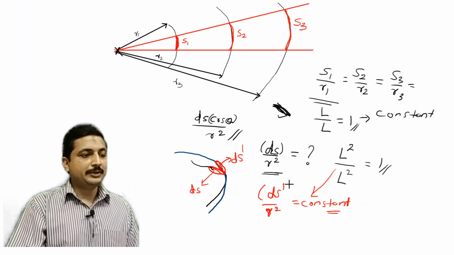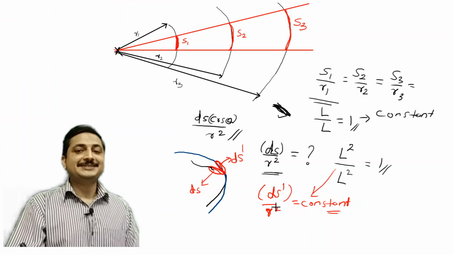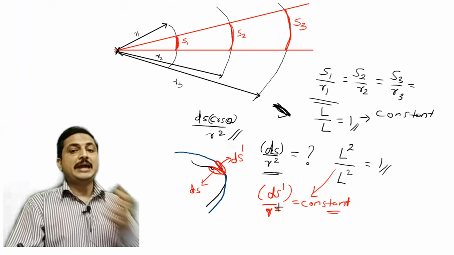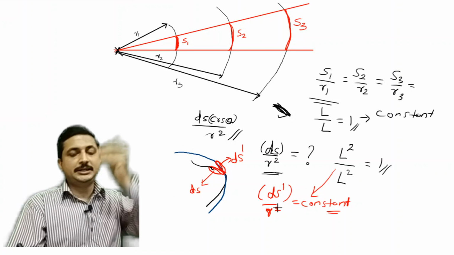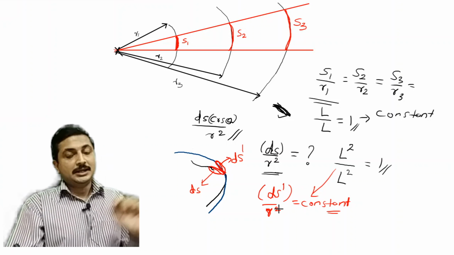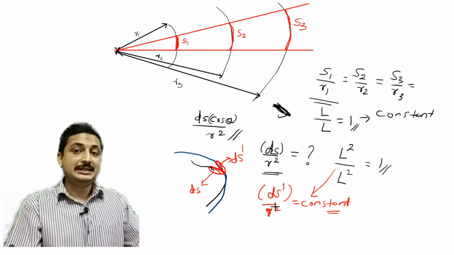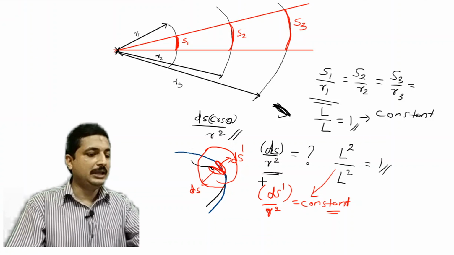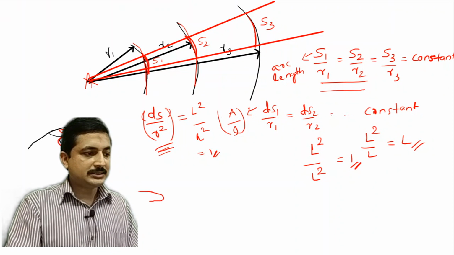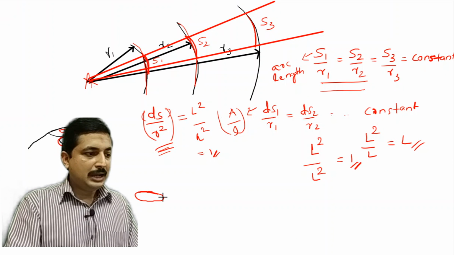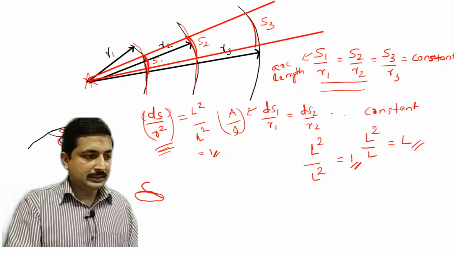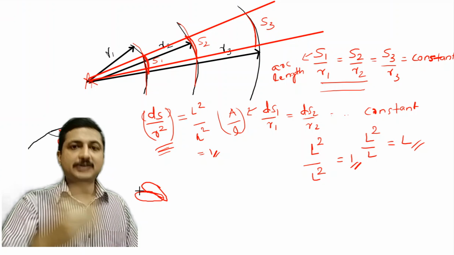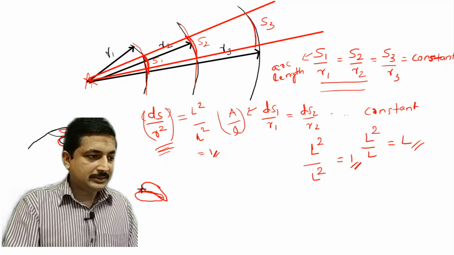Now we have the duty of finding what ds dash is, because my actual surface is ds. Now I have projected it onto the circular surface, which becomes ds dash. Now we need to find the relation between ds dash and ds. For that let me draw this ds dash again. If my ds was something like this, I'll project it something like this. Now this is my actual surface, because I am projecting it onto the surface. Now there is an angle difference, something like theta.